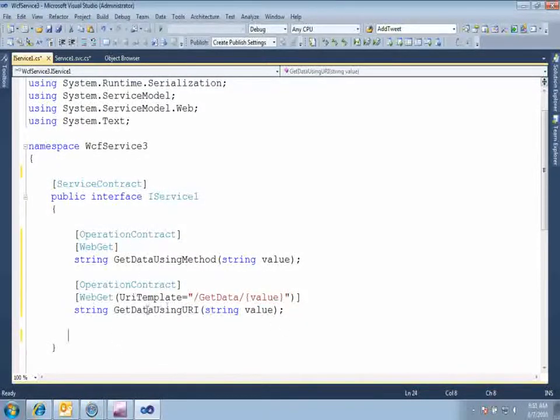Fine. So we have constructed the URI. So we are going to access this GetDataUsingURI with the base address /GetData and /the value. On the other hand, this particular method we have not constructed a URI for, so I'm going to access it using the method name and a question mark, and I'll be passing the input parameter as value equal to the value we want to pass.